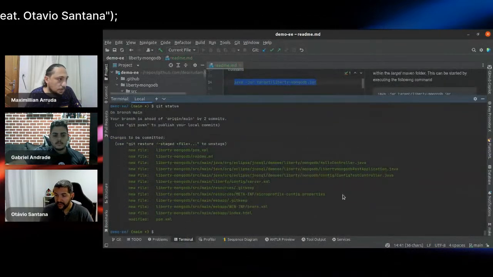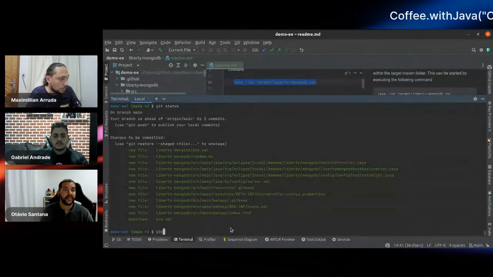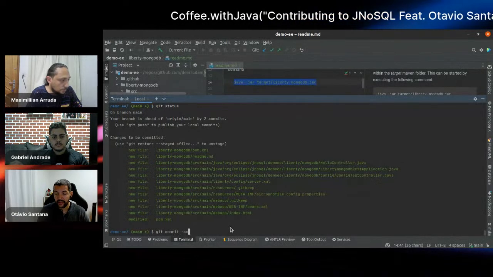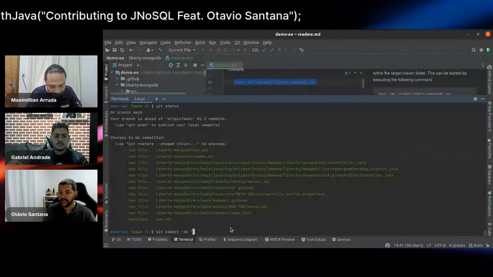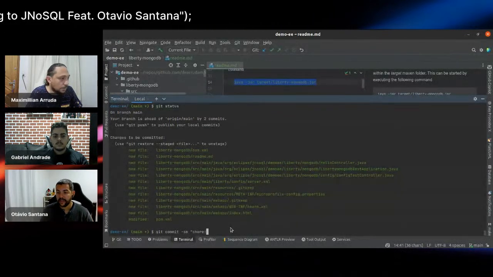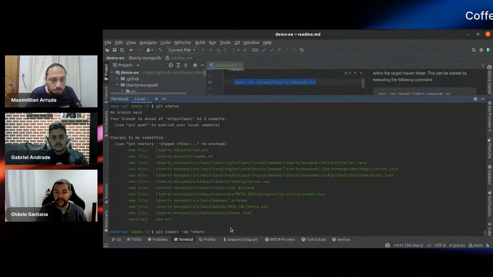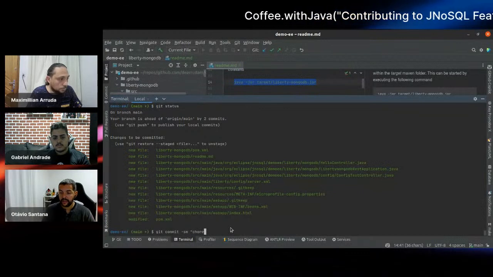Many classes are there, and many files I will commit. So git commit. It's a build one, am I right? We are improving, so we need something like that. It's a good one.